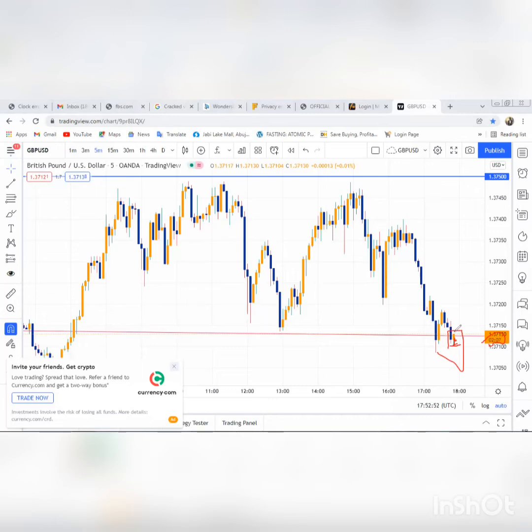And then it will come down now, probably get to this one and form a kind of a wick. And then the sellers will push it down a little bit, and then we'll have our close and then the body. So guys, this is just how the candle forms. This is basically one of the things you just take note of. You understand? Although we might not necessarily be making use of it in our charting experience,